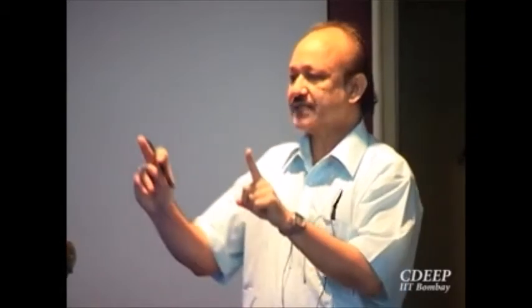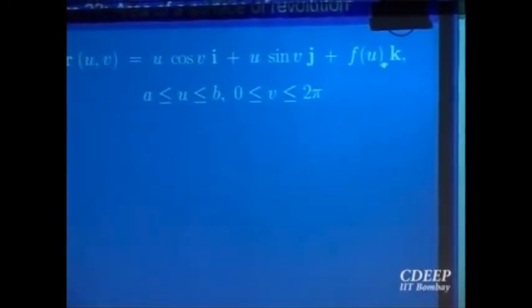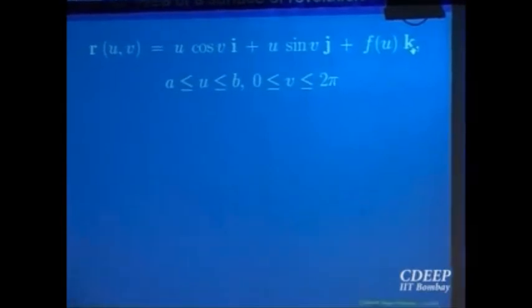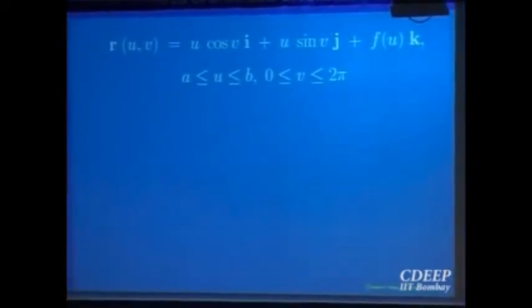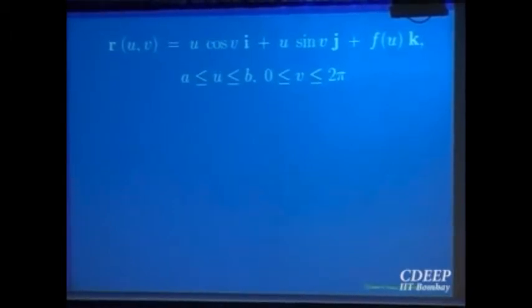See, something is being rotated, right? You take a point, say x between A and B, and that point is being rotated. So you have to know what height you are taking, and then polar coordinates will help you, because you are rotating in a circle of fixed radius. So let us write down the parameterization. You can use cylindrical coordinates: u cos v i plus u sin v j plus f(u) k. The z coordinate at the point u is the height f(u). So that height is fixed now, and at that height you are rotating your point on the surface.